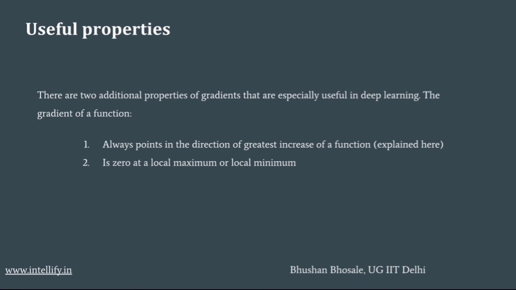If you go on the right side, you would see the slope would be positive, and if you go on the left side, the slope would be negative. So as the slope is negative on one side and positive on the other, if we come from the left side to the right side, there is a change in the slope. So this is what it tells us, that the slope is 0 at a local maximum or local minimum.